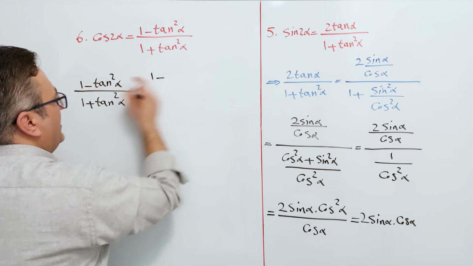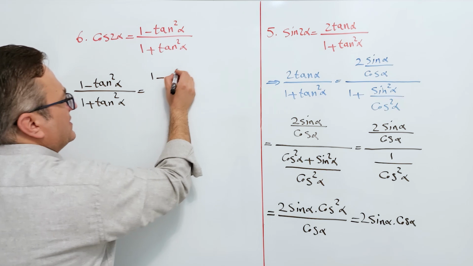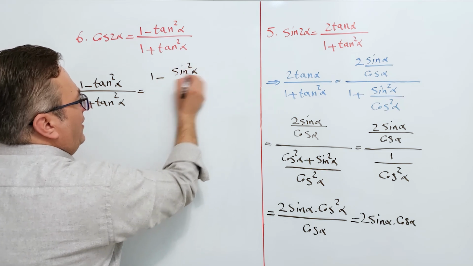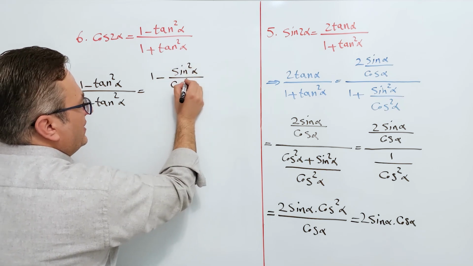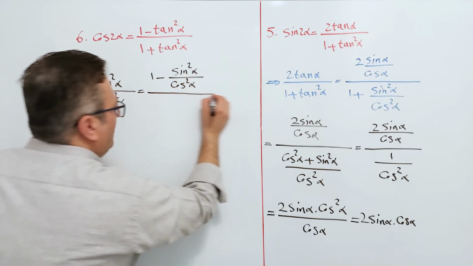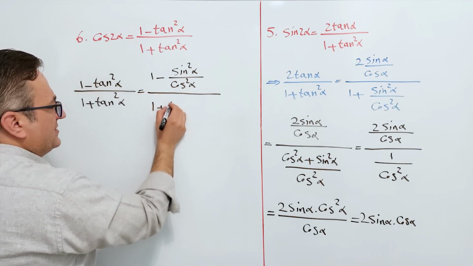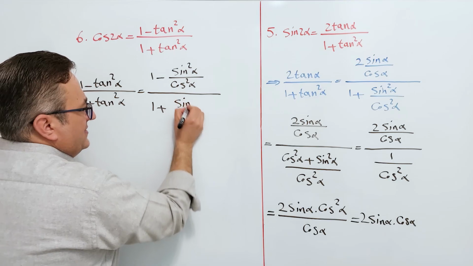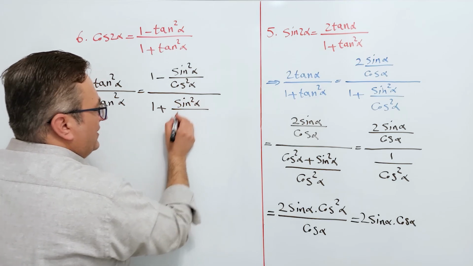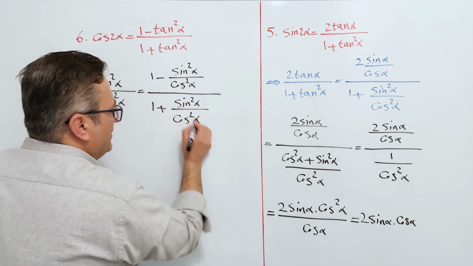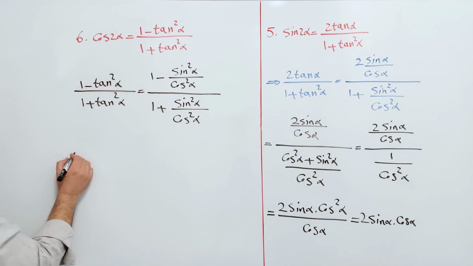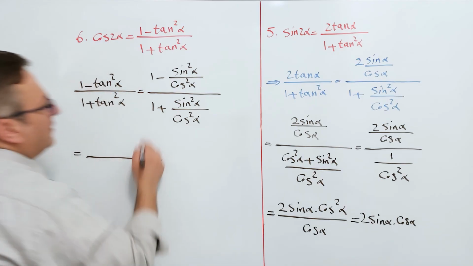We have 1 minus tangent squared alpha, which is sine squared alpha divided by cosine squared alpha, divided by 1 plus sine squared alpha divided by cosine squared alpha, and is equal to